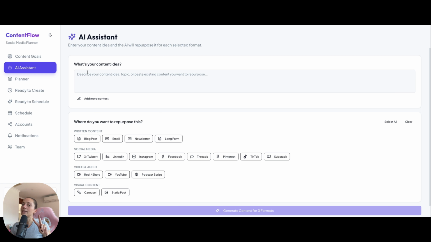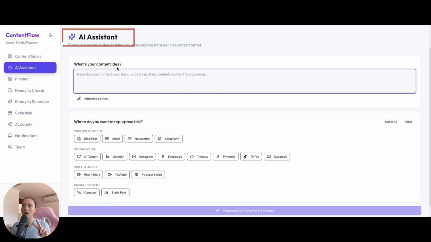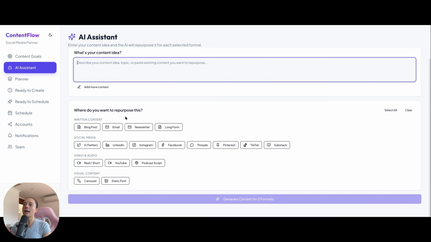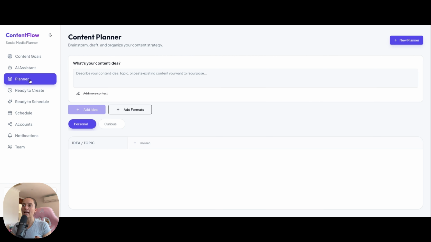Then we've got two ways to plan. The first way is through an AI assistant. So basically you can put in an idea that you have for a piece of content. You can tick how you would like to repurpose it. And when you click generate, it will actually create a planner for you